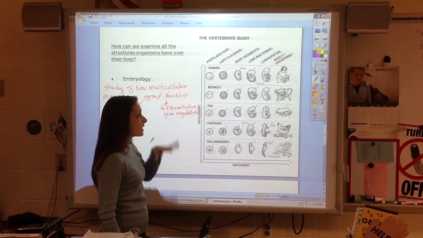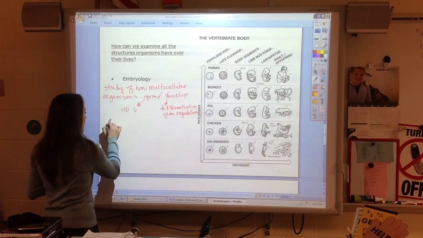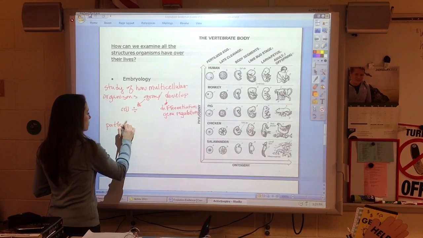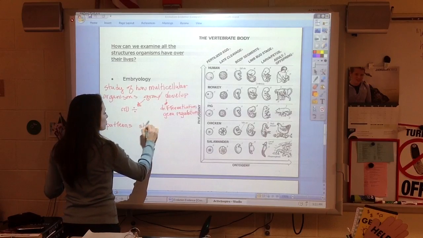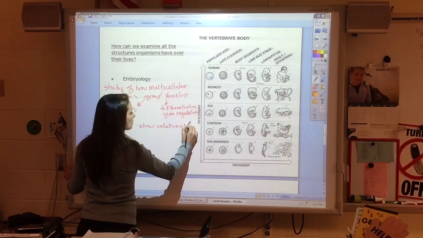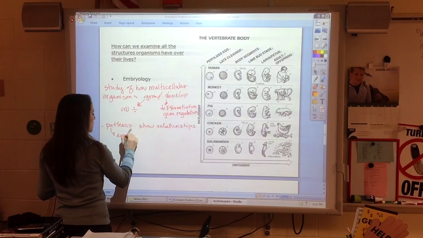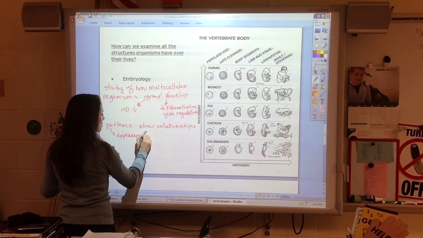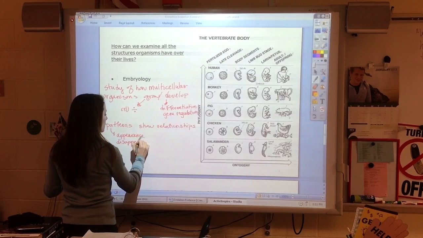The idea is that as we develop, we're going to see certain patterns. So we can use those patterns to help show relationships. And what we mean by these patterns is the appearance and disappearance. So for example,